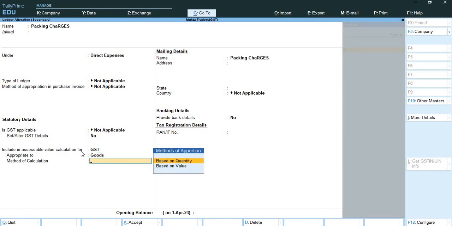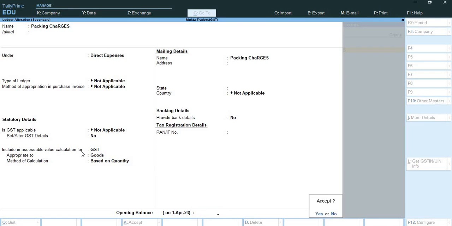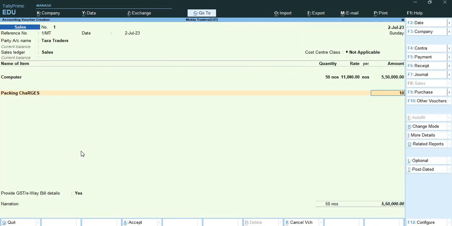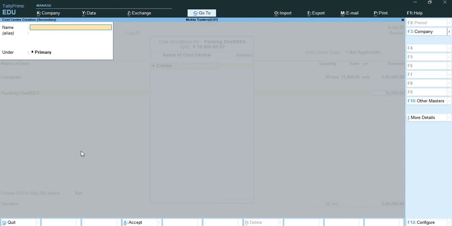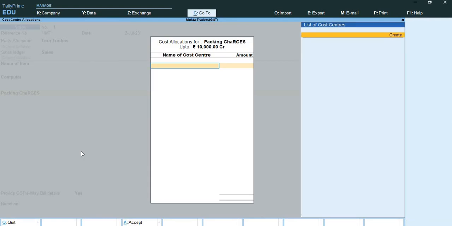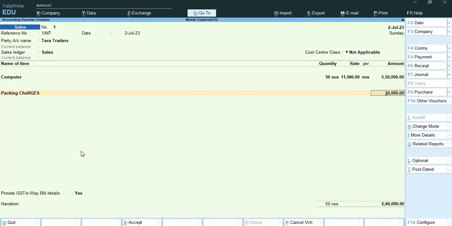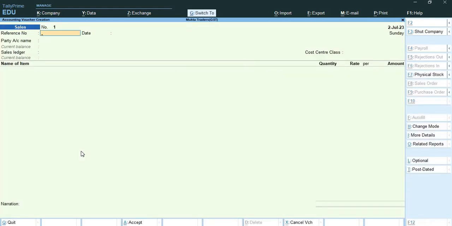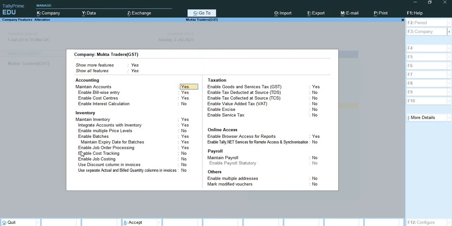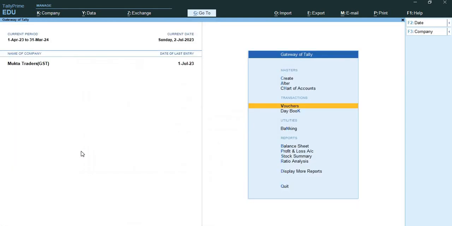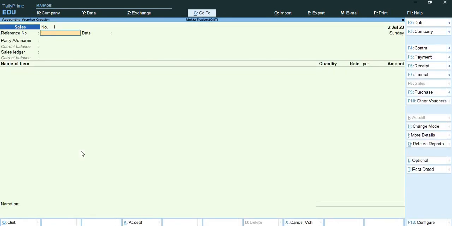So then I select GST appropriate to goods. The method of calculation is based on quantity. So now you can see that I'll add 10,000 over here. Wait a second. I'll go back. Let me open company features, and what I need to do, I need to disable cost centers. Okay. Now again I'll do the same entry